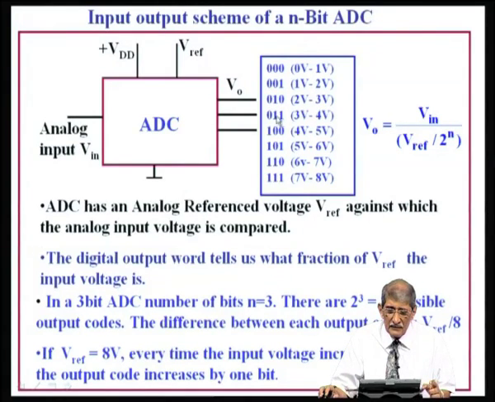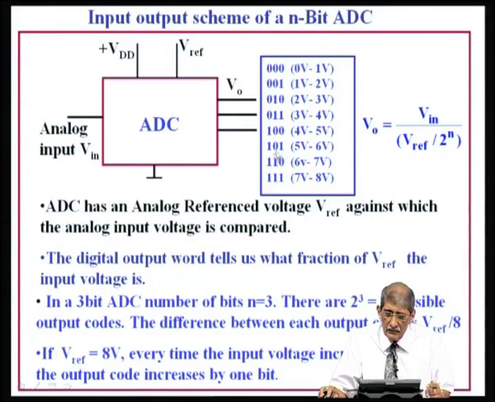Here this is 1 into 2 to the power of 0, that is 1, and the middle digit is 1 into 2 to the power of 1, that is 2; 2 plus 1 is 3. Here 1 into 2 to the power of 2 is 4, with 0 weighting factors for the rest, so this is 4. Here this is 1 into 2 to the power of 0, that is 1, so 4 plus 1 is 5. So, these numbers indicate 0, 1, 2, 3, 4, 5, 6,